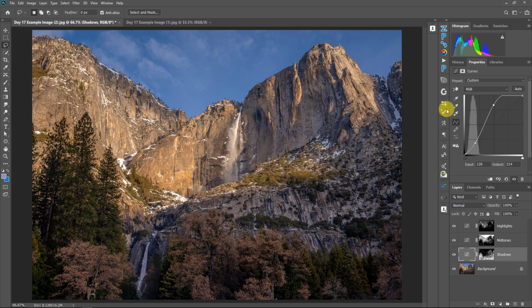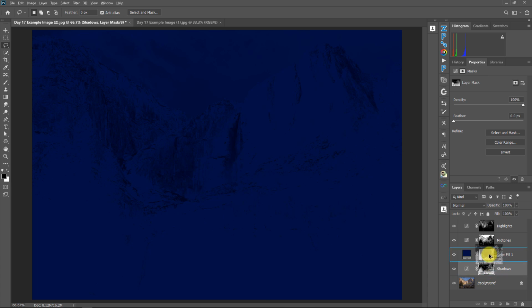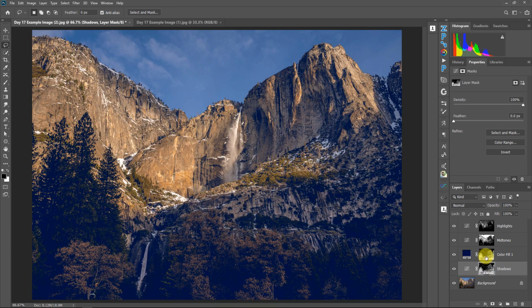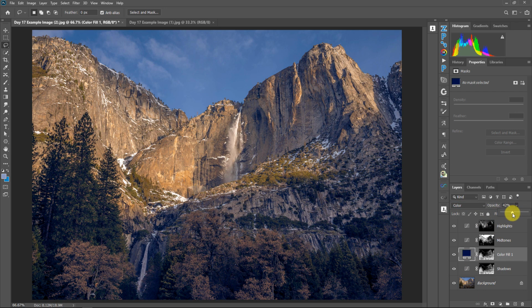But what you can also do here is make your own individual color adjustments for your highlights, midtones, and shadows as well, which really helps with the color grading process, or the act of getting the viewer into your image through the use of color to make that photo better. For instance, with the shadowy areas, I can make a new solid color layer here, make this a bluish solid color layer. I could press Alt or Option on this mask, drag it up, and drop it onto this mask here. And now I've got a solid blue that is washing all the shadow areas, which I'd probably drop the opacity here and maybe change this to soft light or even color